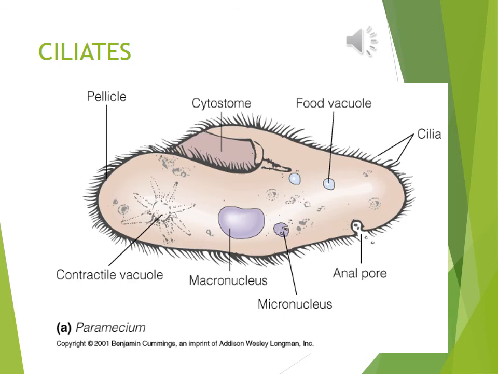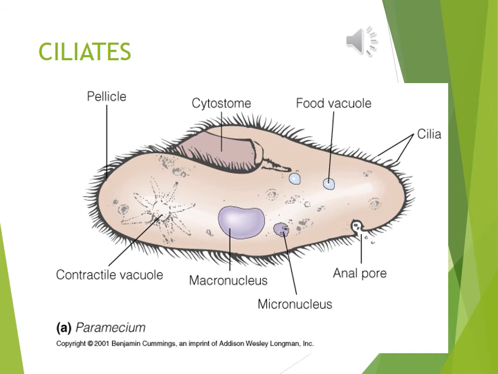On the exterior, there lies a structure or a membrane which is called the pellicle. The pellicle is both stiff, to provide support and maintain the shape of the organism, and at the same time flexible, to allow flexing of the surface. Also, on the surface there are many hundreds of tiny hairs which are called cilia.